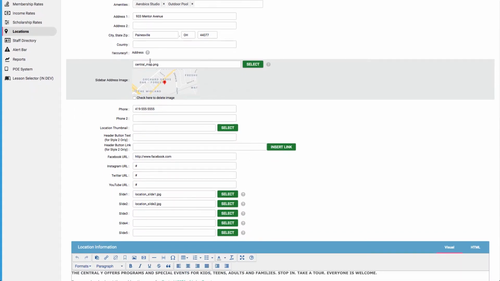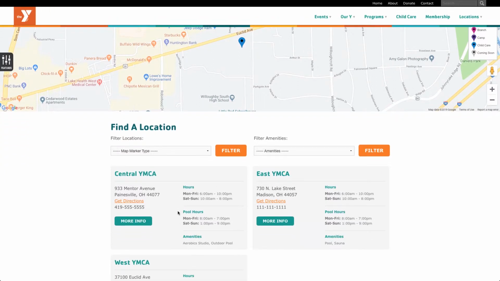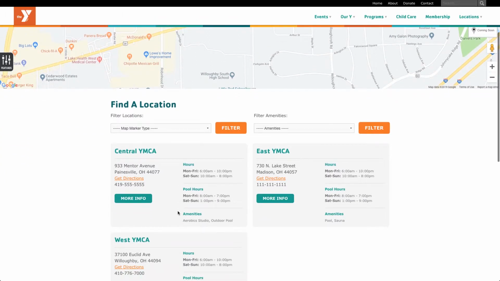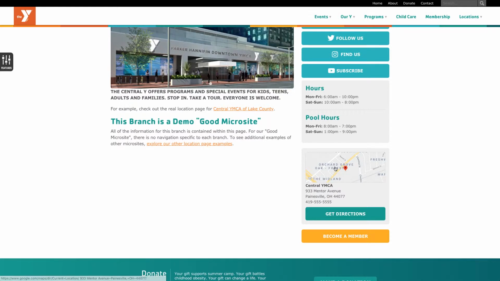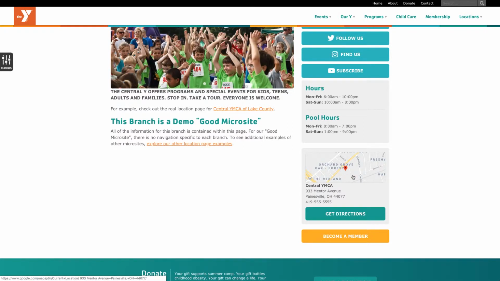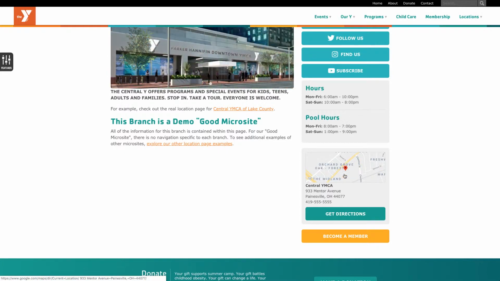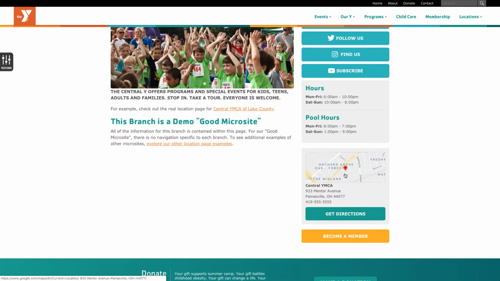Alright, and then notice here that we have this sidebar address image. Now this is getting into some of the information that's actually on the microsite. So let's click on the link for Central YMCA. So sidebar address image is this here. This is where you can specify an image to go in the sidebar. So right here is just a little picture of its location on a map. However, this might also be a picture of the front of the building. So